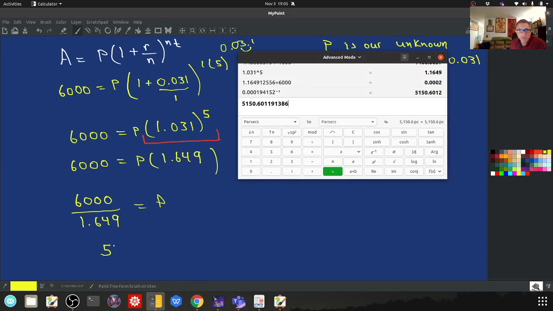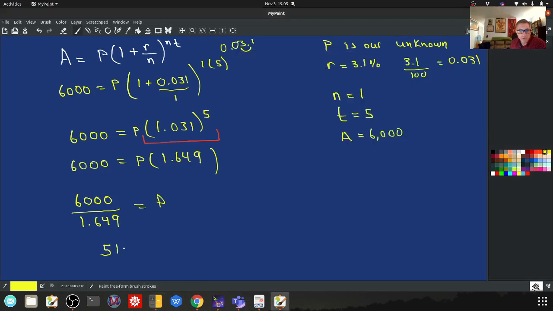$5,150.60 is the principal I have to invest. That's my principal investment if I want a return of $6,000. You know, a 3.1% interest rate is nearly unheard of. You're not going to get that. But if you did have an opportunity to do that, you could literally increase your investment